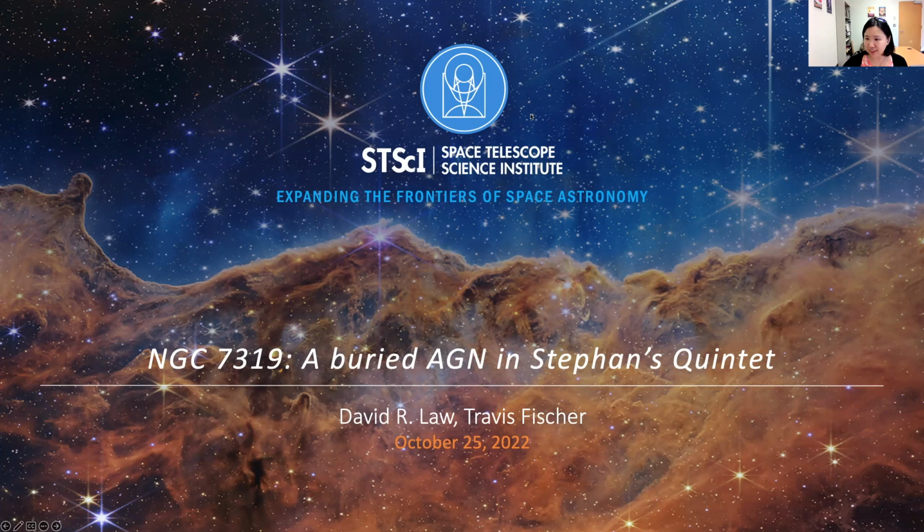Nice. Okay. Great. Well, thank you for the invitation to talk to you today. What I wanted to talk a little bit about is some of the work that we've been doing looking at NGC 7319 and the AGN that's buried down at the bottom of one of the galaxies in Stephan's quintet. This is something you've probably seen a lot of the early work that we did on this already, because it was the component of some of what we were demonstrating as part of the JWST early release observations that we put out back in July to showcase the power and ability of the IFUs on JWST for the kinds of questions that we can answer now.